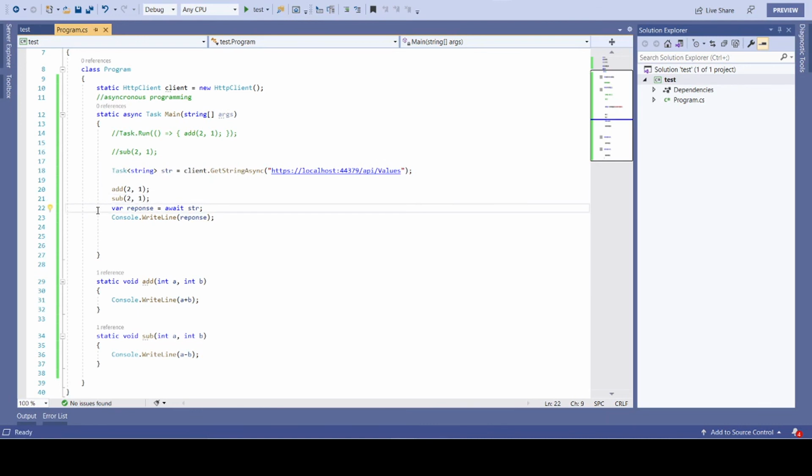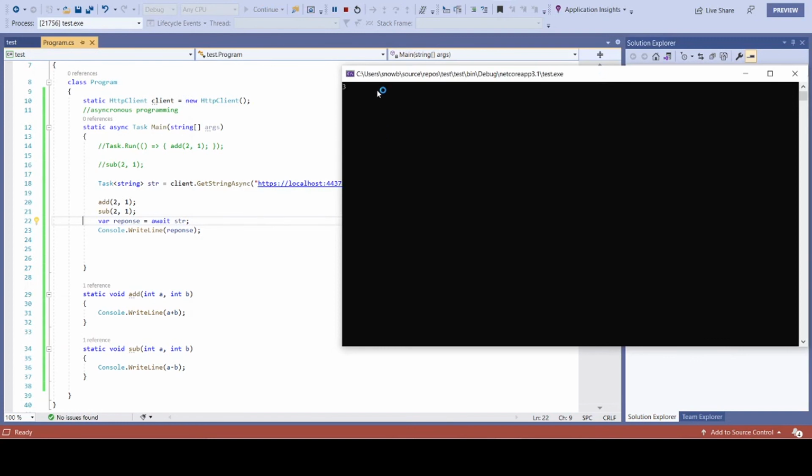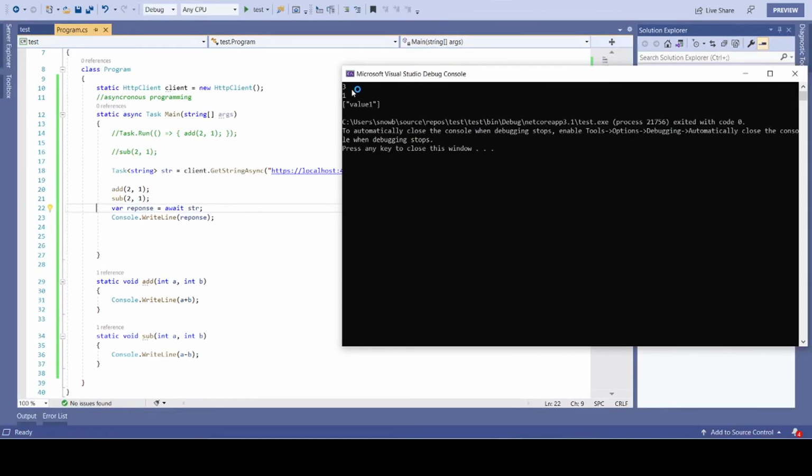There it will wait, and it will say, okay, now I need to wait for the result of my API, and then it will display the results. Let's see what happens. In this case, you see addition, subtraction, and then the result of the API is displayed.